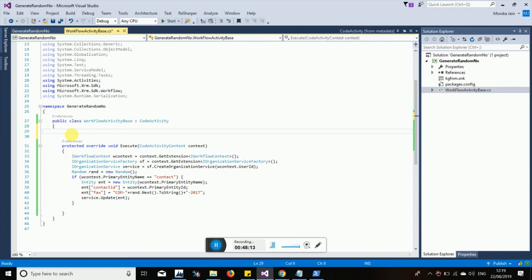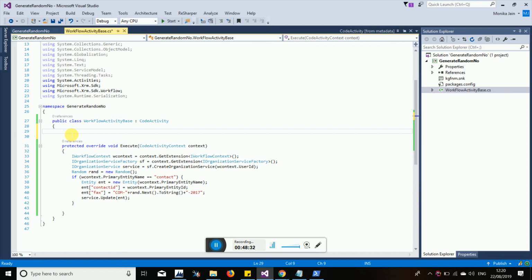Parameters will be helpful for us to get the data from input parameters and output parameters. Two types of parameters we are having in custom workflow. Input parameter will be helpful for us to take the input from workflow to a custom workflow. Understood?